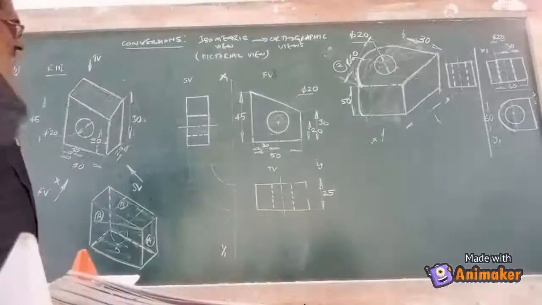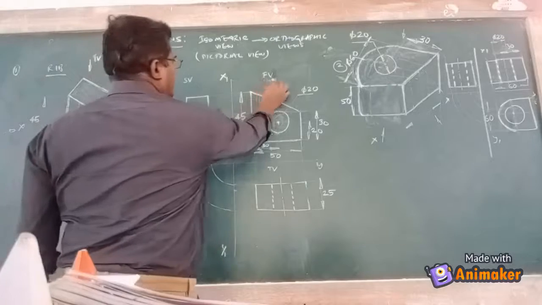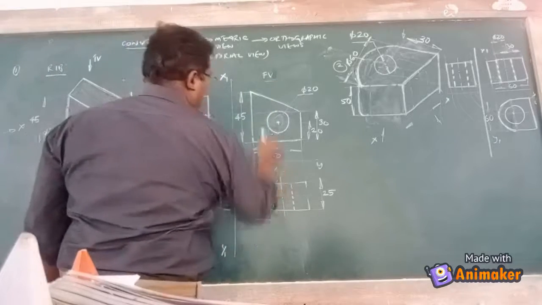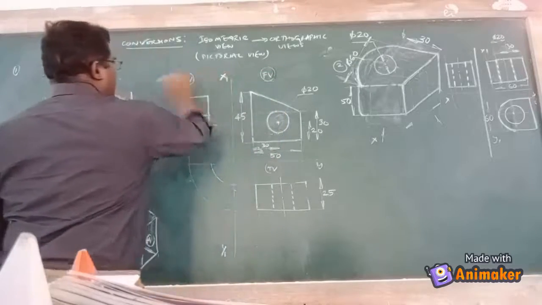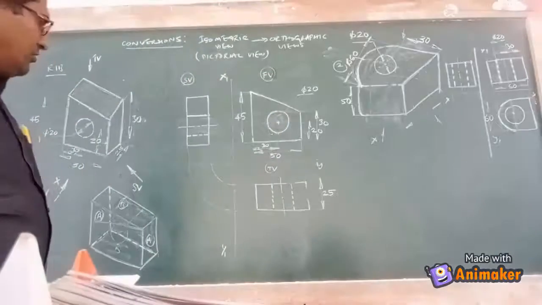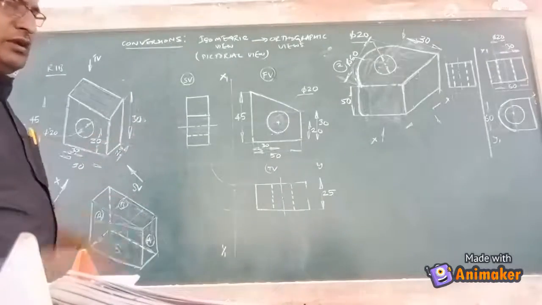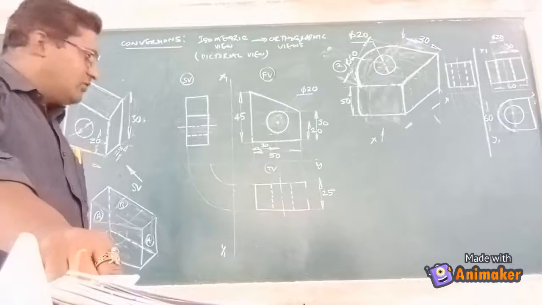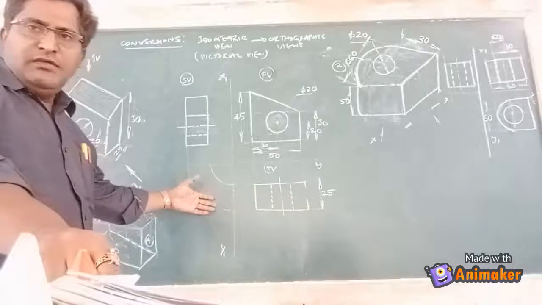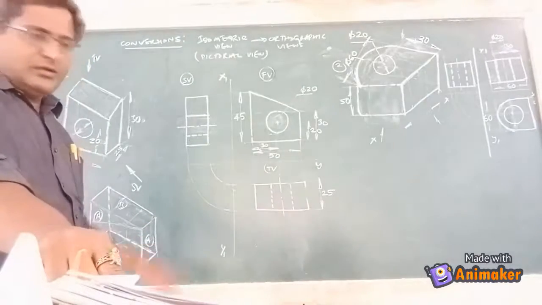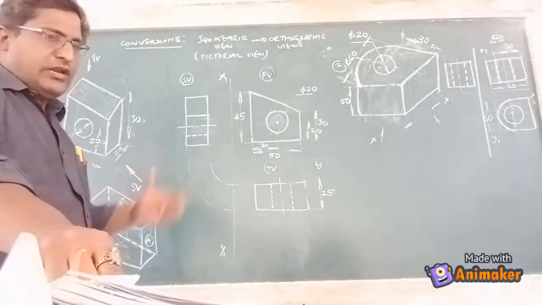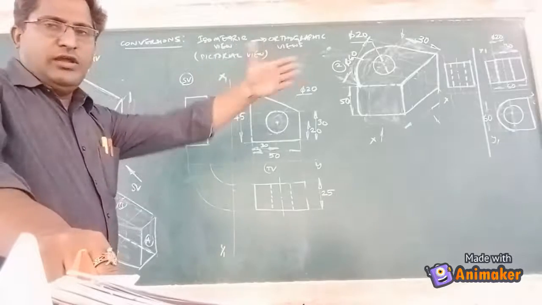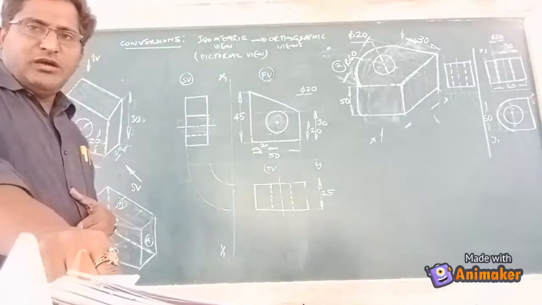Orthographic views are basically what we call them: we have to generate the front view, obtain the side view, and obtain the top view. These are the three views which can be obtained. Basically for our engineering graphics purpose, we use only first angle projections. As you all know, in first angle projection the observer is looking at an object wherein the projections of the object fall onto a projection plane which is behind the object.